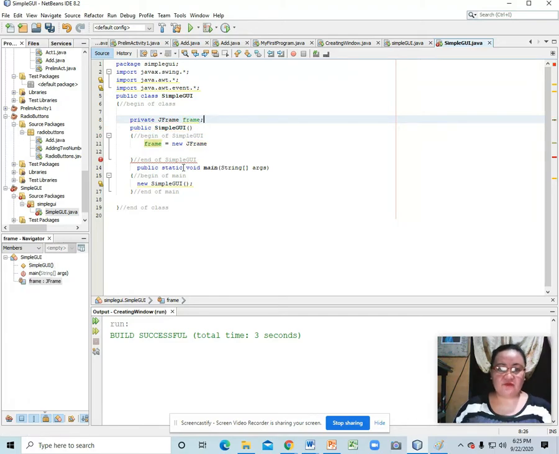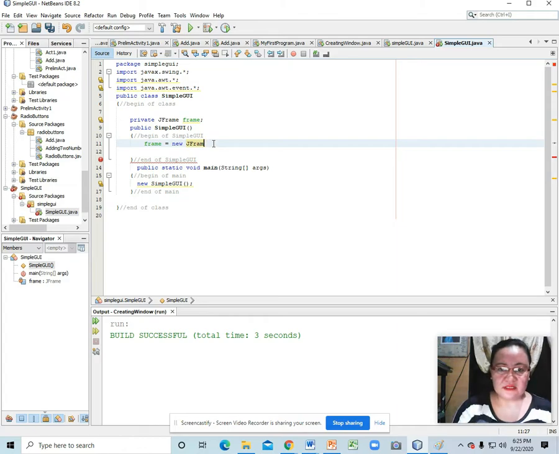The purpose of using private is to allow you to use this variable or identifier within this class alone. Frame is equal to new JFrame, then it has open and close parentheses, then it has a semicolon. So again, you have to observe the spelling